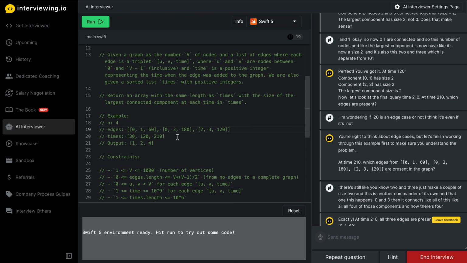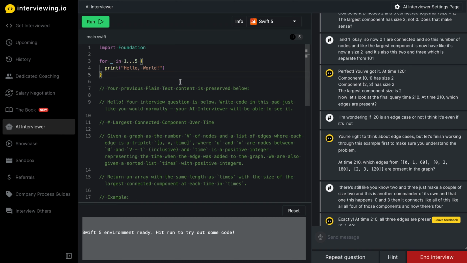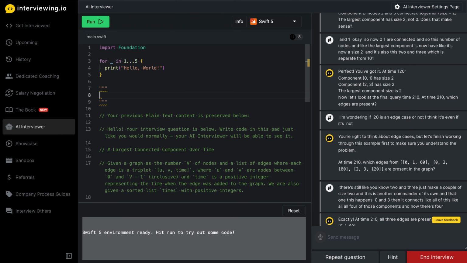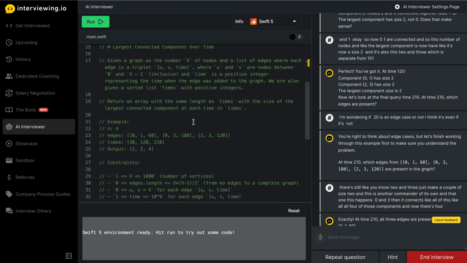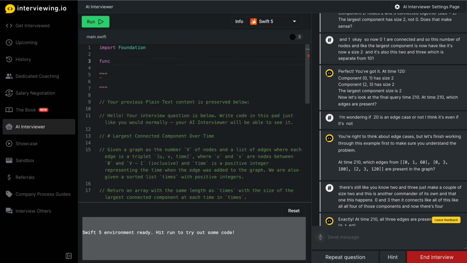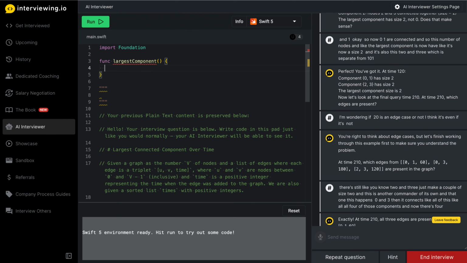First of all, I should probably write the boilerplate code. Yeah, let me write some boilerplate stuff. So let me just write function largest component, I'll just call that. Okay, and then